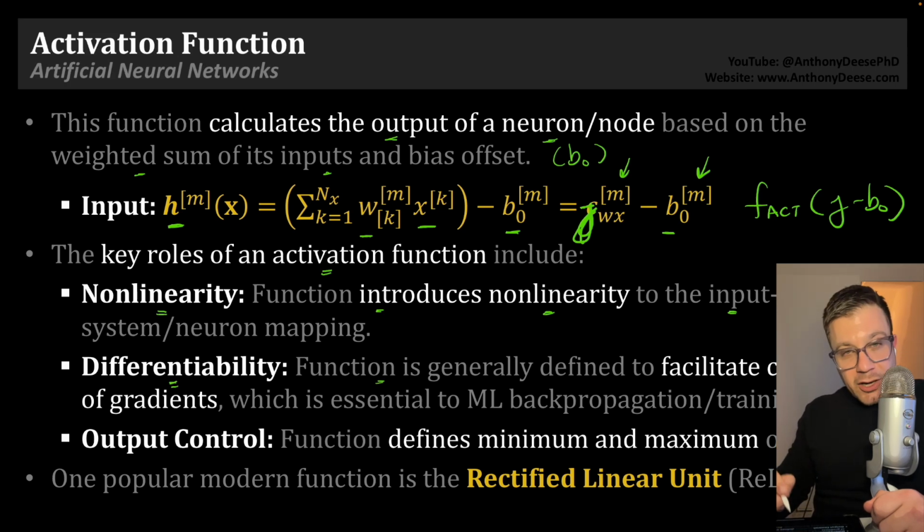Differentiability. This activation function is generally defined to facilitate calculation of gradients or derivatives, which is essential to machine learning and the back propagation algorithm that it employs, as well as controlling the output. So the activation function defines the minimum and the maximum of the output that the neuron can generate. One popular modern function, more modern than the unit step, is the rectified linear unit, which we are going to